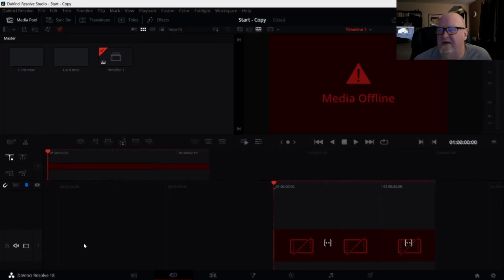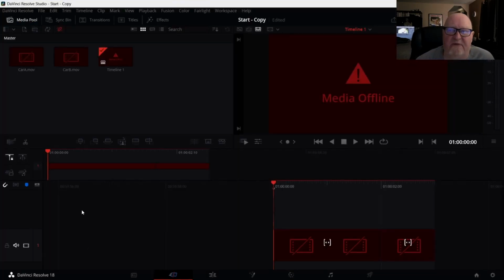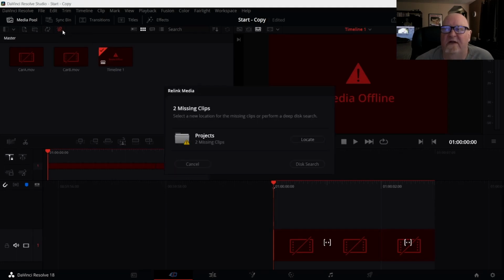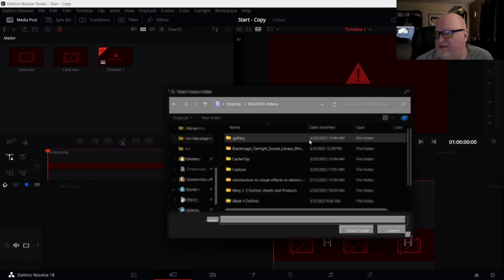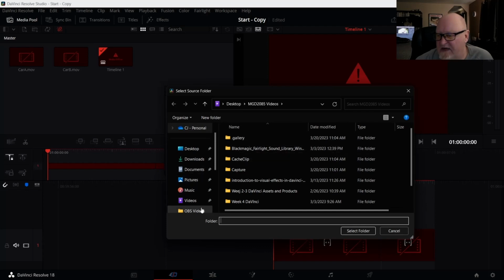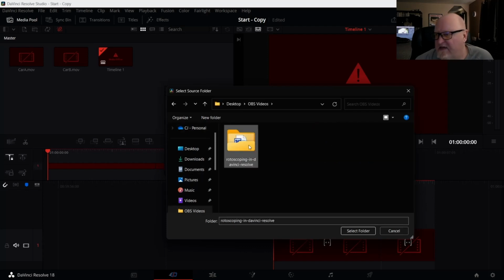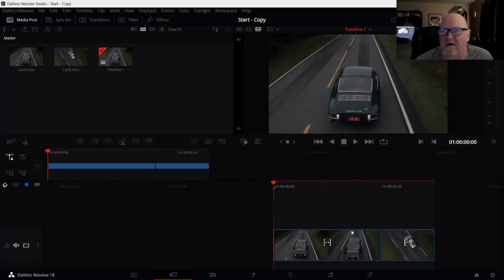So you'll notice that when I click on a DRP file, it comes right up and takes us right to it. And now we want to relink our media. Come over here to locate. I don't know why it can't self-locate. I mean, if it came out of the same area with the DRP file, why I need to do this each time is beyond me. Maybe that's something I'll talk to the big wigs over at Blackmagic Design about. So here we are, and